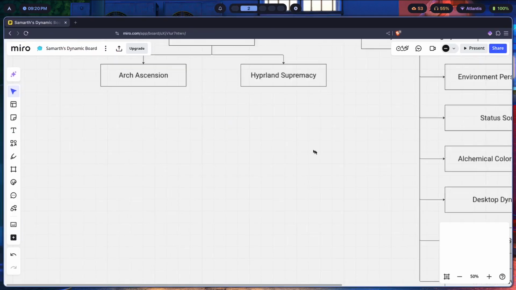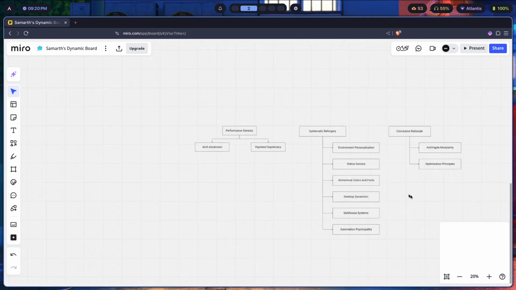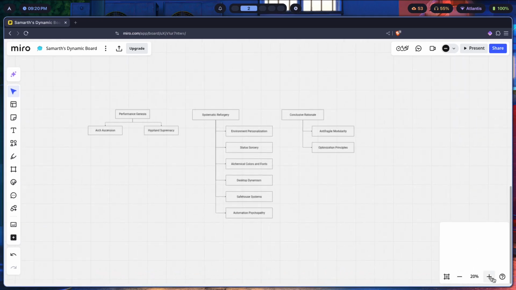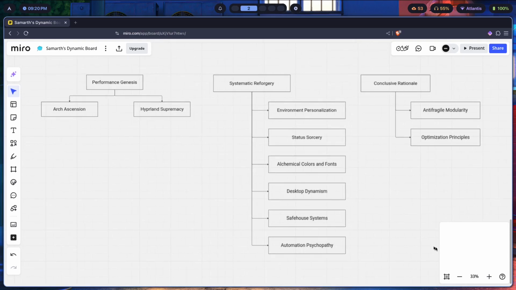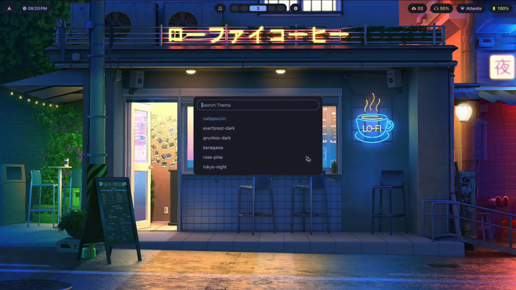a flowchart that you can see over here. If I just zoom out for a second, this is the flowchart in full, and this is basically the entire system that I have created for Rising Hyprland. This is my 3-step framework, and it's made me rices that can have theme switches like this one, where I